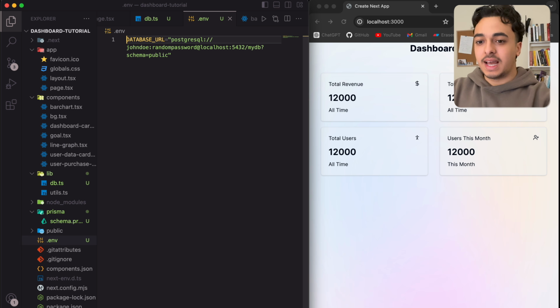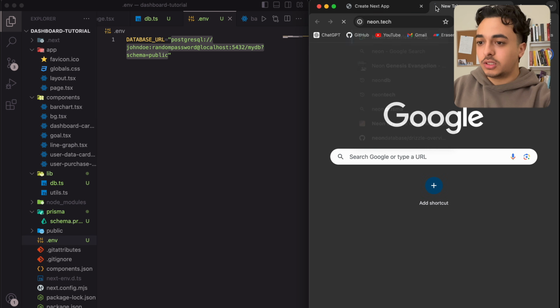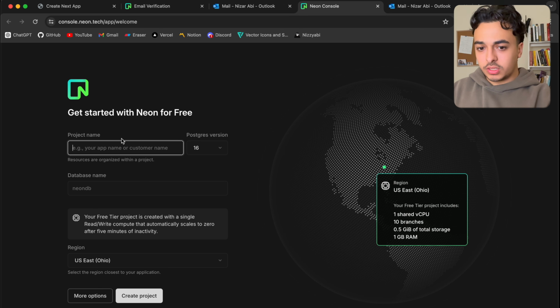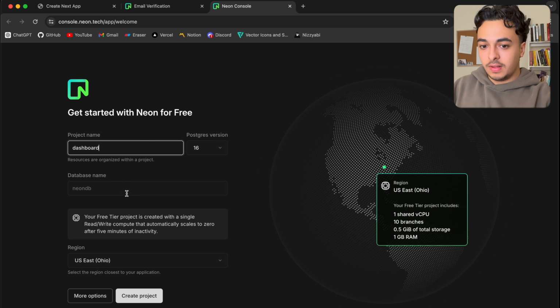We need to connect to a Postgres database like we have here. And we just talked about this. We need to go to neon.tech. And once you're logged in, you're just going to create the project. So I'm just going to call this dashboard, just like this. I'm going to delete these. And the database name, we're just going to leave that empty, and we're just going to create the